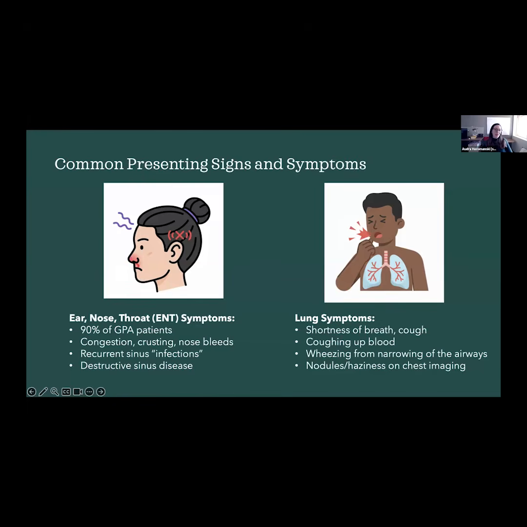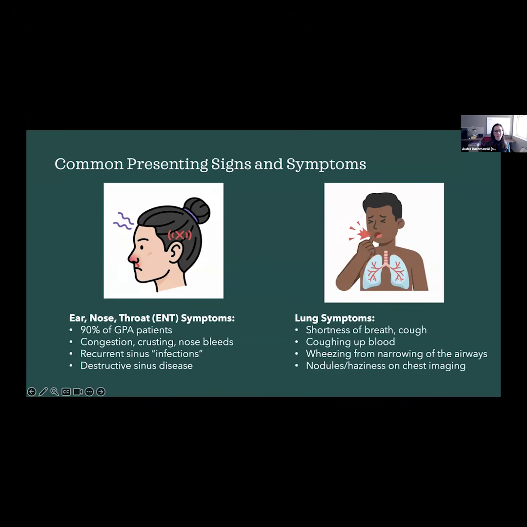Patients can also present with an asthma mimic, which is wheezing that comes from narrowing of the airways. So in addition to causing inflammation in the broader parts of the lungs, it can also cause inflammation in the passageway of air. And that can be what is called the subglottic area, which is in the throat as it leads down to the lungs, and also the bronchioles, which are the main tubes that lead to each individual lung. Inflammation in those passageways can cause narrowing of the airways. And if the airway is narrow, then that can cause wheezing and in a lot of cases feel like and sound like asthma.